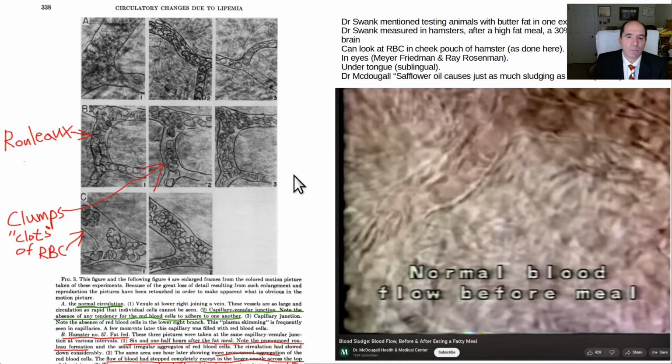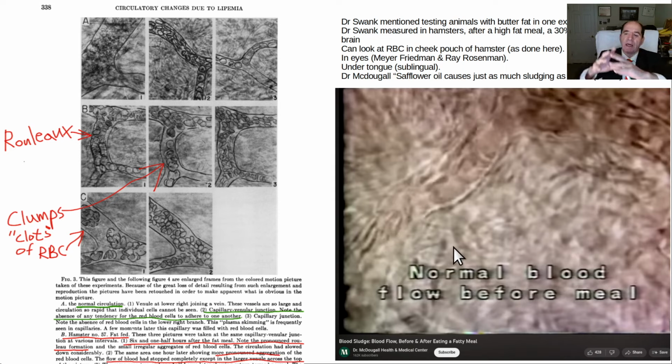Now, here's some work. This was done by Roy Swank. He's the great neurologist who figured out how to improve outcomes with multiple sclerosis. He started out in Canada, went to Oregon. When he's in Oregon, he became friends with Dr. McDougall. They did some work together. And there's a video. If you go to Dr. McDougall's YouTube channel, it's Dr. McDougall's Health and Medical Center, they'll show, it's only 50 seconds long, this video, normal blood flow when the patient's